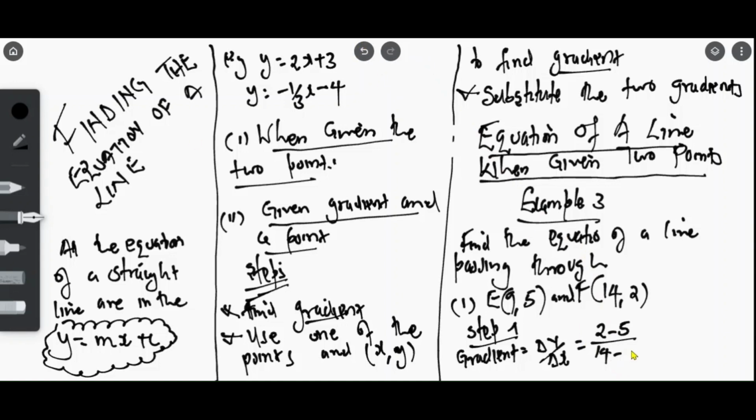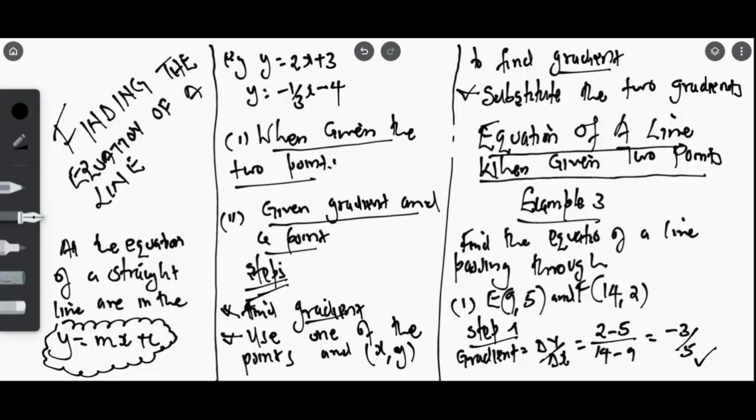So 2 minus 5 gives me minus 3. 14 minus 9 gives me 5. So I've gotten the gradient here. So that is the first step. Gradient is negative 3 all over 5. The next step,